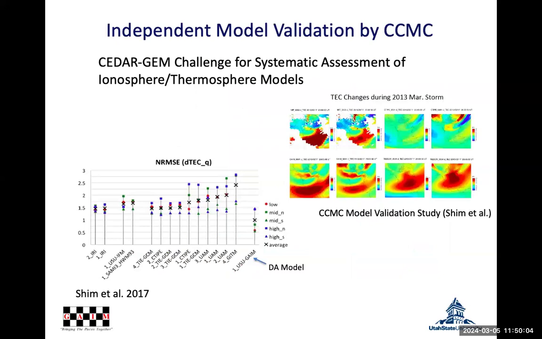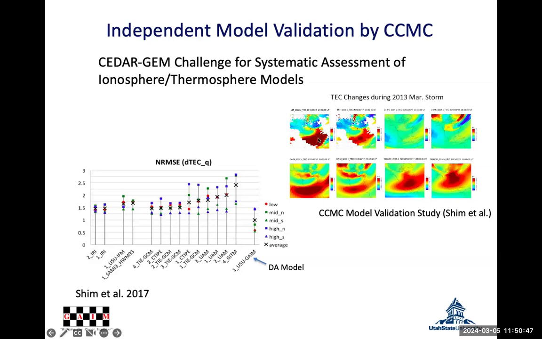and of course, to prove that you need validation, and the CCMC did a substantial amount of validation of ionospheric and ionosphere-thermosphere models. They did this as part of the CEDAR GEM challenge for systematic assessment of ionosphere-thermosphere models, and a very thorough study by Jasun Shim. And what she did was she identified data sets for validation. Then she ran the models. Most of them were run at the CCMC, independent of the modelers, and then compared the model results with the